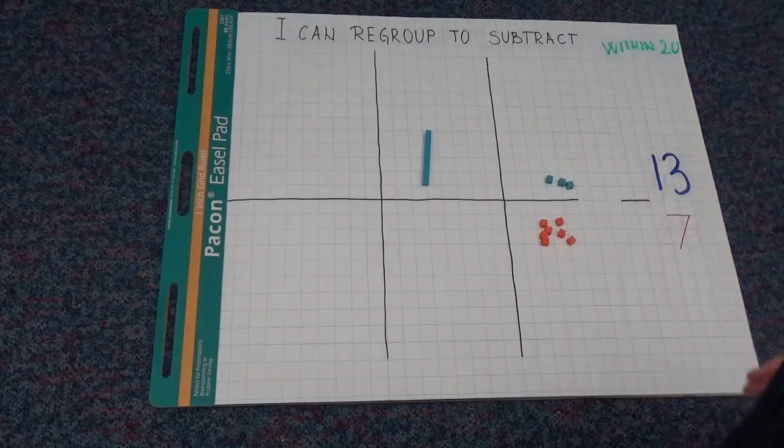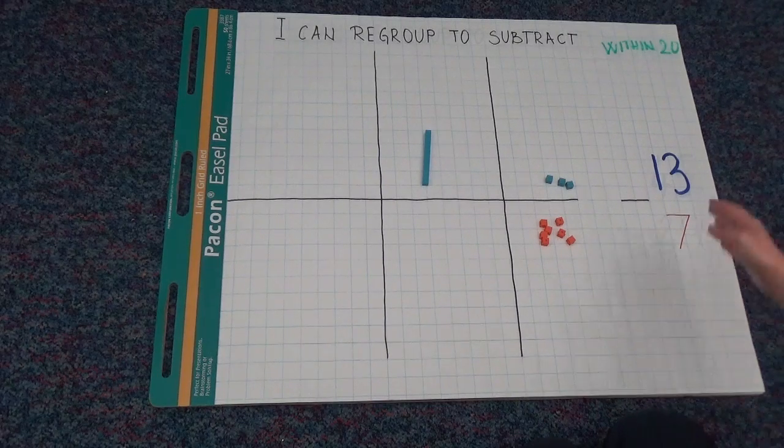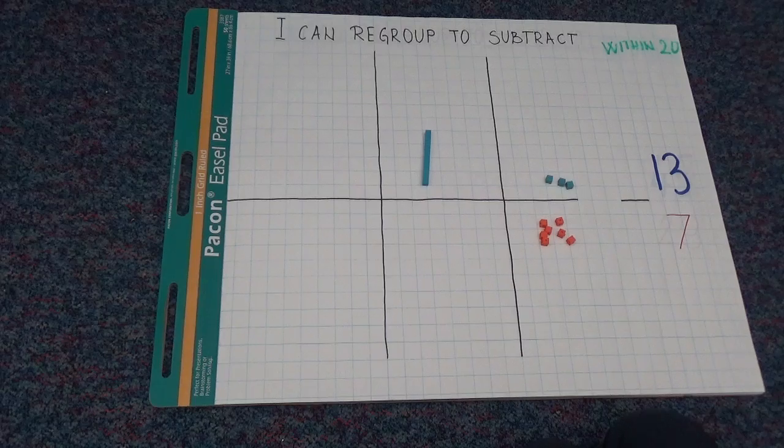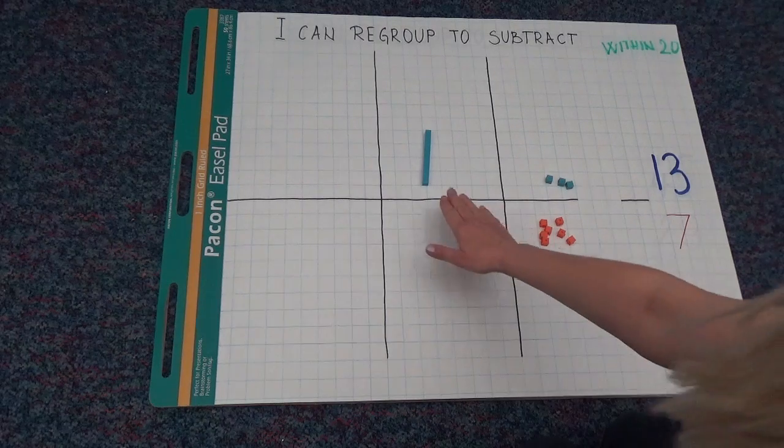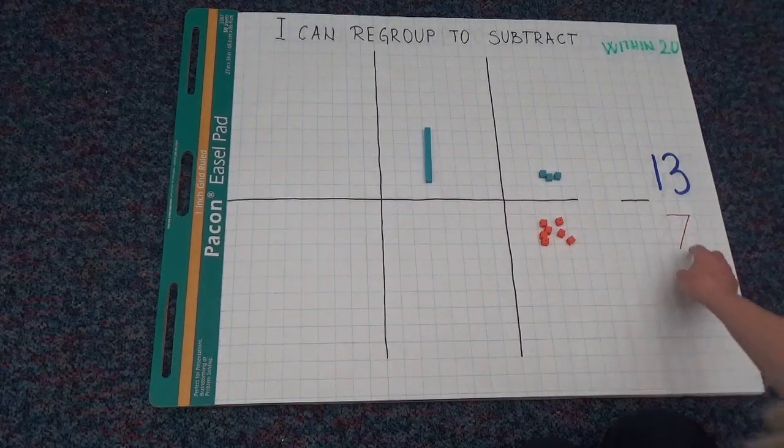Good morning, second graders. Our objective for today is regrouping to subtract. I can regroup to subtract within 20, for example. So why don't we look at this example, 13 minus 7. When we use our base 10 blocks, we show 13 as 1 ten and 3 ones, and we show 7